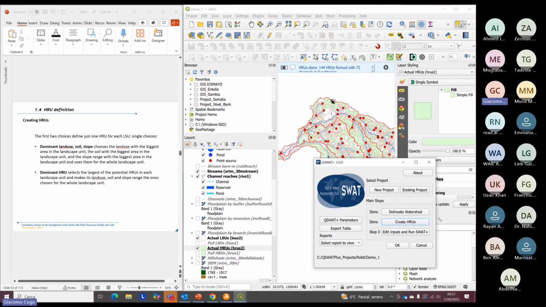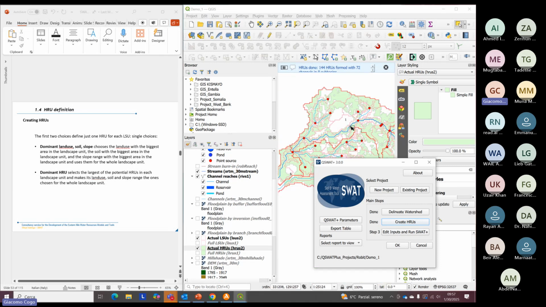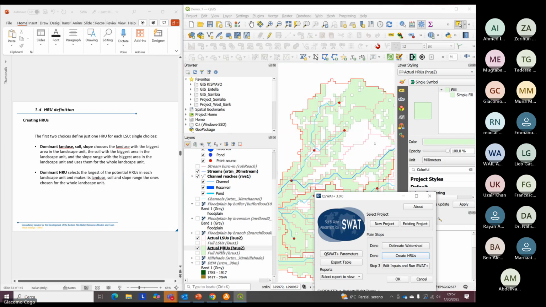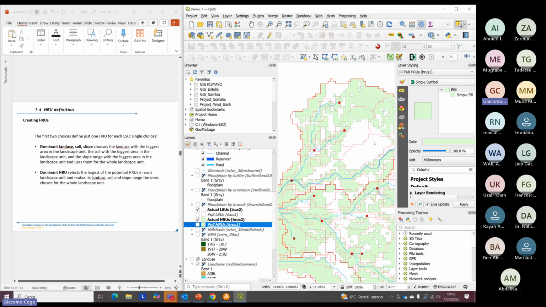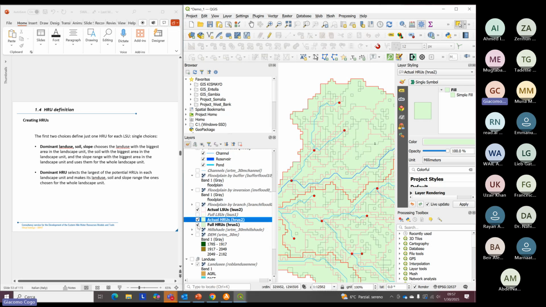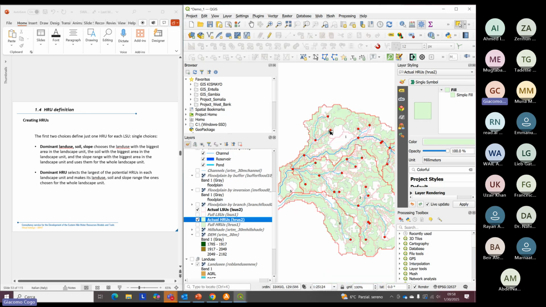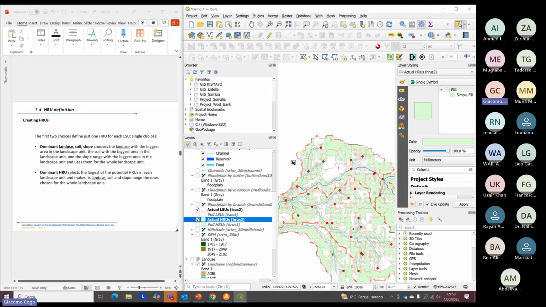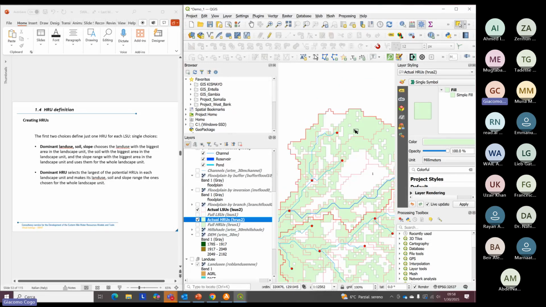Okay, now we see here in the map what's happening. Later we will talk about these points that have been created. But as we see, before we had the full HRU layer here in green, the one selected with all the HRUs possible. And now these actual HRUs have been created, which visually is not very intuitive to understand, because it's giving the characteristics of the HRUs we are seeing now, only of the green one,